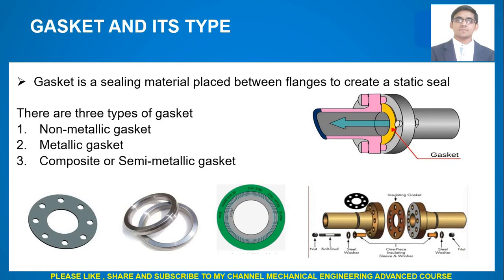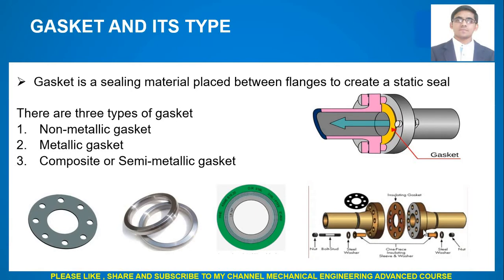In today's lecture, I will explain you about gasket and its types. So basically, gasket is a sealing material placed between flanges to create a static seal to prevent the leakage. As you can see here, how the gasket is placed in between the two flanges. This yellow color you can see is the gasket. Here also you can see this is the gasket which is placed in between these two flanges, and after that